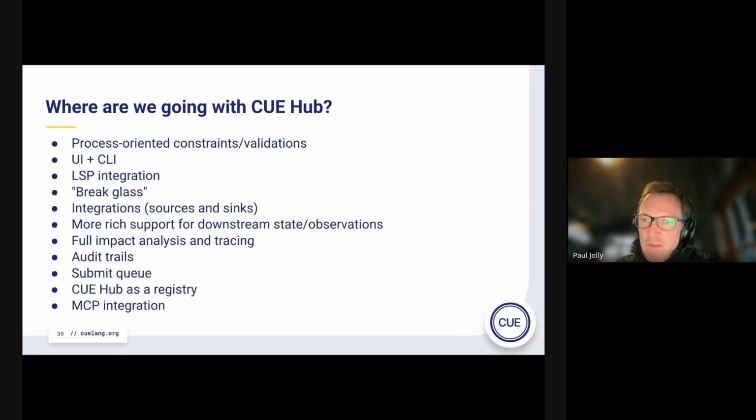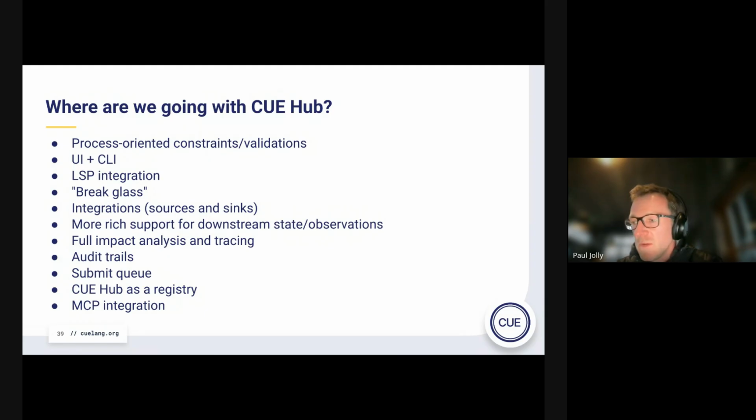We talked about different sorts of integrations, richer support for downstream systems, and reporting back state and observations, so Q Hub would be a key tool from an observability perspective. Audit trails, analysis, that kind of compliance function really resonated very strongly with folks at Config Management Camp.